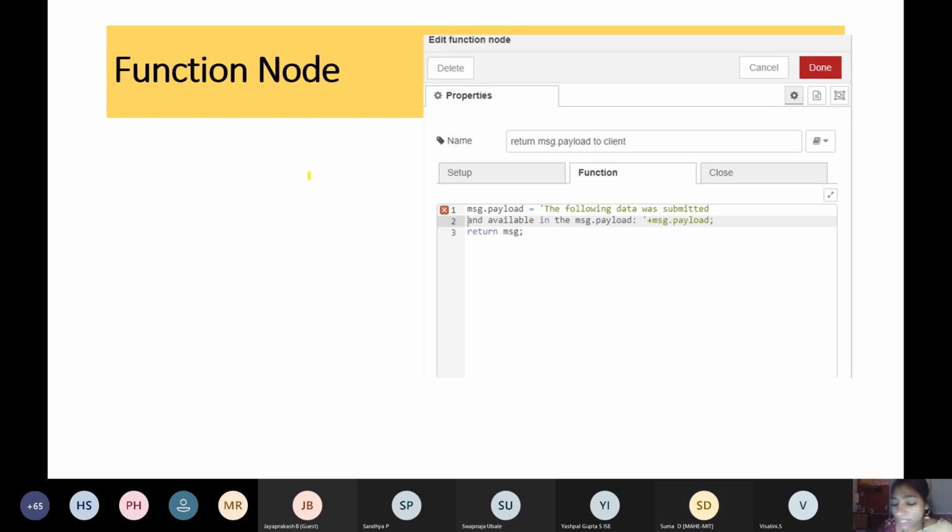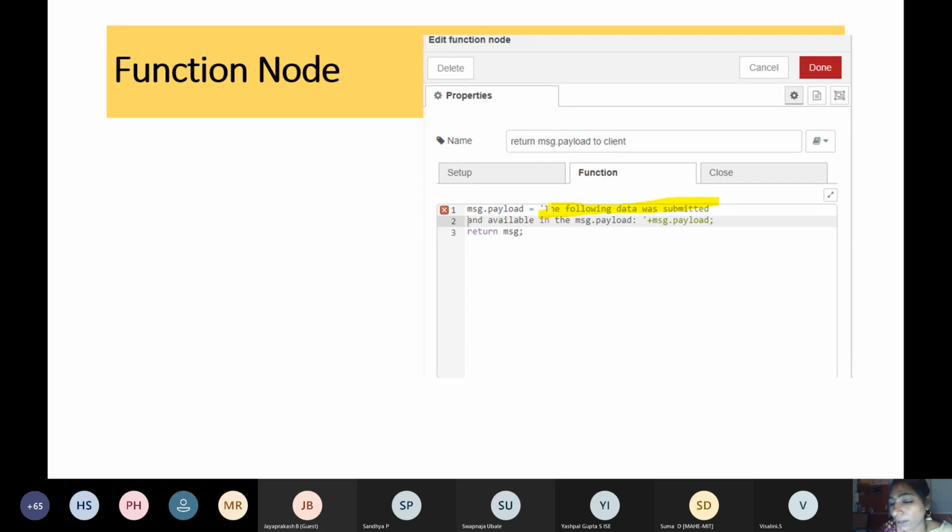Then in the function node, the content you would like to display in the web page after you click submission, whatever data you would like to print over there, you can give it here. So I'm going to have the following data was submitted. I'm going to take the payload and submit it. I'm going to get the data from the project login form and display it over there. So for that, I'm going to use msg.payload is equal to, this is just a print statement.